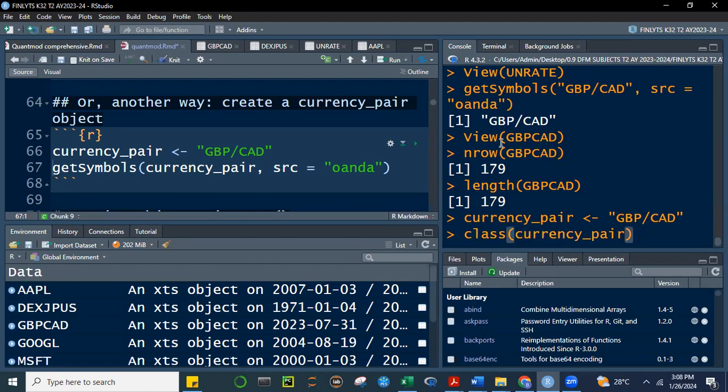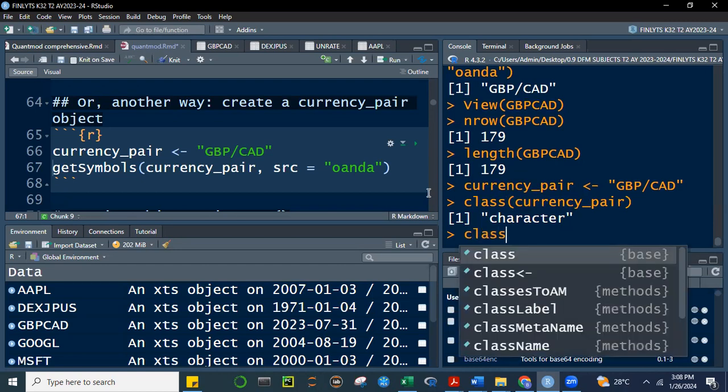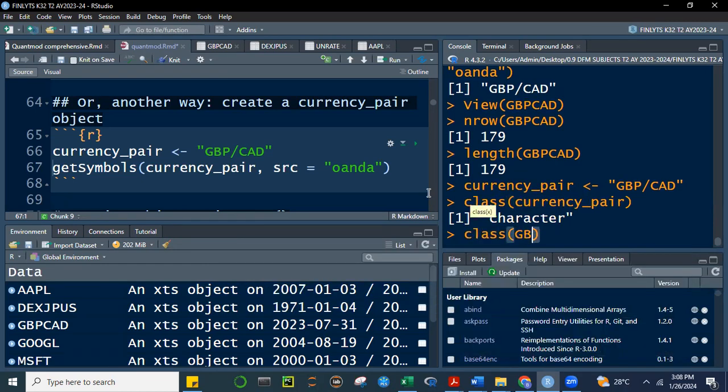The one with the G for the GBPCAD looks like a spreadsheet. This one, class, looks different. So what's the difference? If I run class currency pair, I'm getting a character. On the other hand, if I run class GBPCAD,